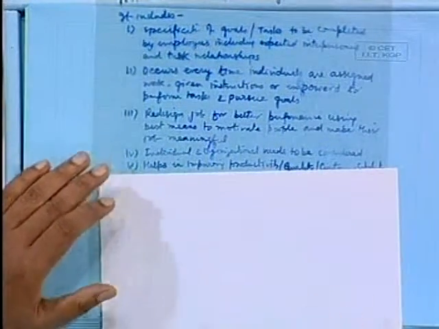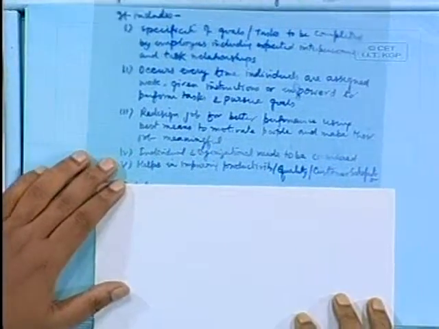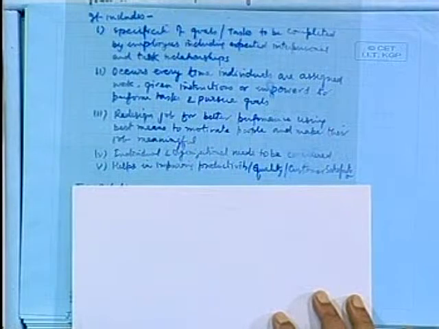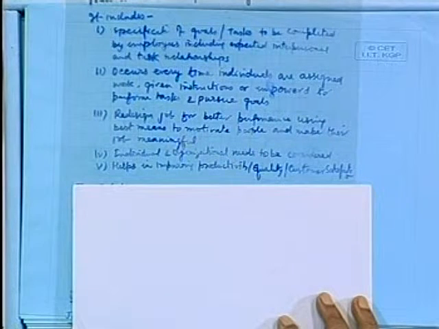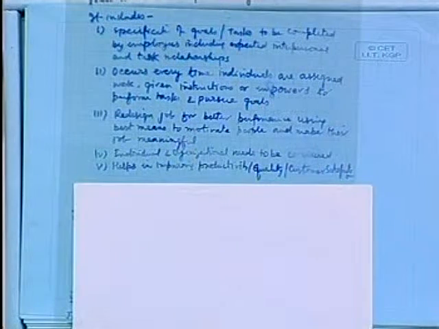like it includes a specification of goals, tasks to be completed by employees, including expected interpersonal and task relationships. Second, it occurs every time individuals are assigned work, given instructions, and are empowered to perform tasks and pursue goals. So, you can say that a job consists of a number of tasks which one has to perform in a given job, isn't it? Now, when you are going to do a particular job, it is not that you only perform the tasks, but you also relate yourself with other people in the organization while performing your particular job,